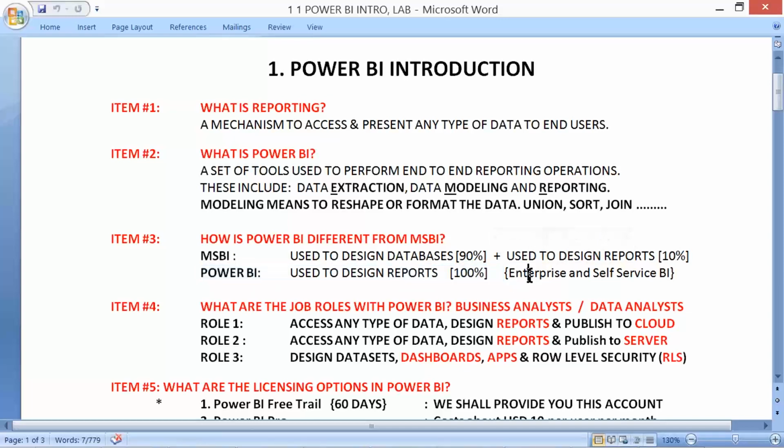We call them enterprise reports as well as self-service BI reports. Enterprise reports mean we design the reports and give them to the end users. They just use them, no edits required. Like for example, your monthly bank statement or a mobile bill.